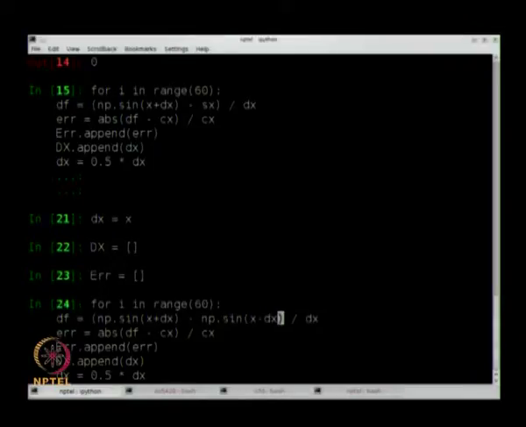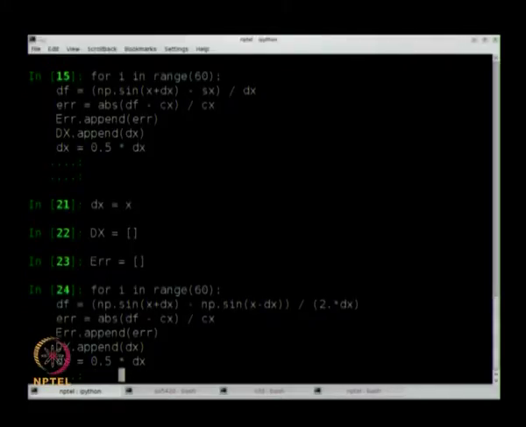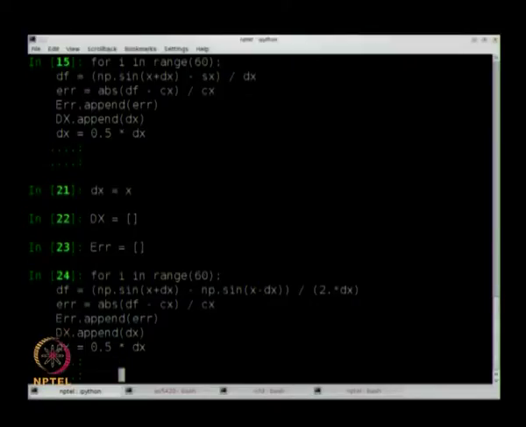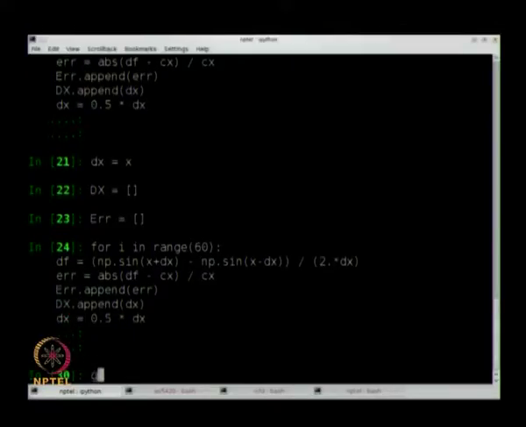Now you understand why I am using this, and I have to divide by 2 dx. I will divide by 2 dx. I think everything else remains the same. Okay, that is fine. So if I plot this now, so this is second order accurate. If I plot this now,